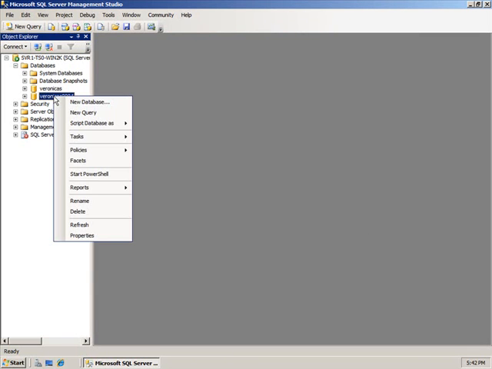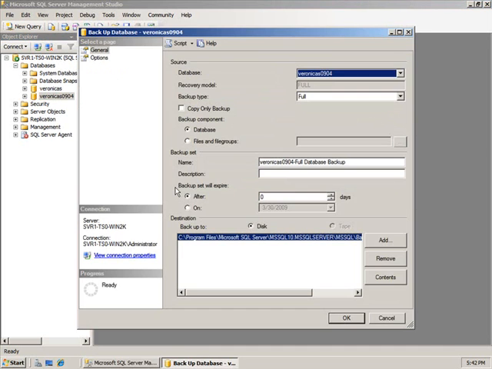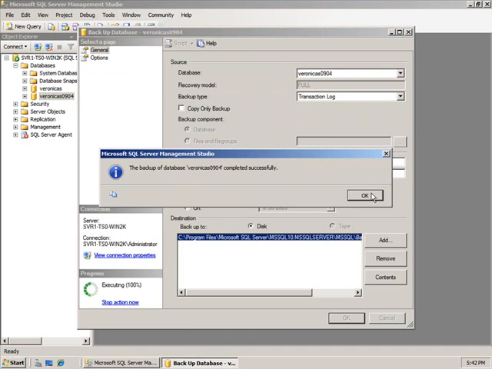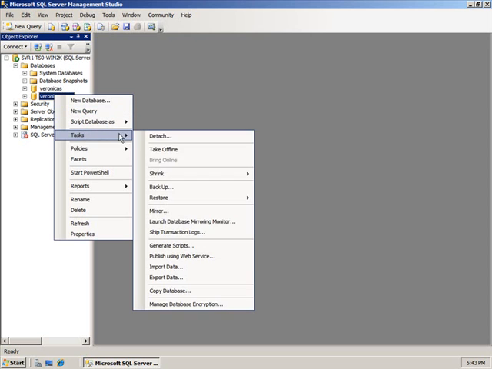Now, time is chugging along. Go to Tasks, go to Backup, do a log file backup. Say this is an hour later. Once again, click OK. Now that went really fast because there are absolutely no transactions in the log, right? And then once again, if disaster strikes, I can go and fix it. I can restore. But before we get there, what we wanted to focus on is the fact that